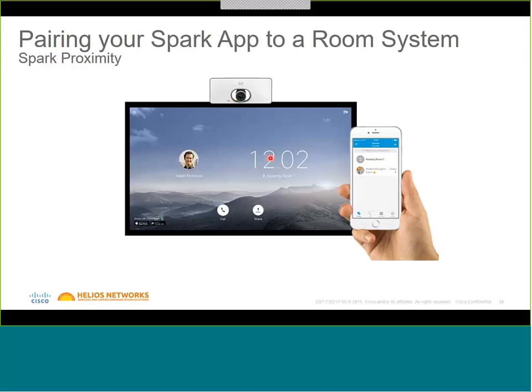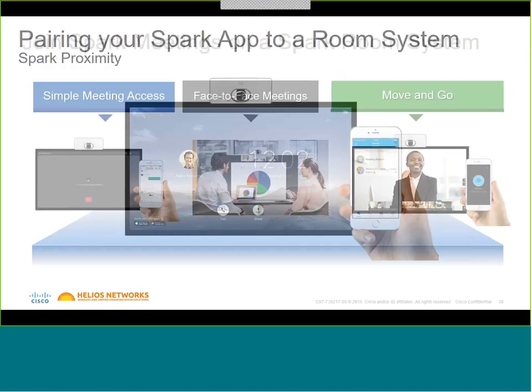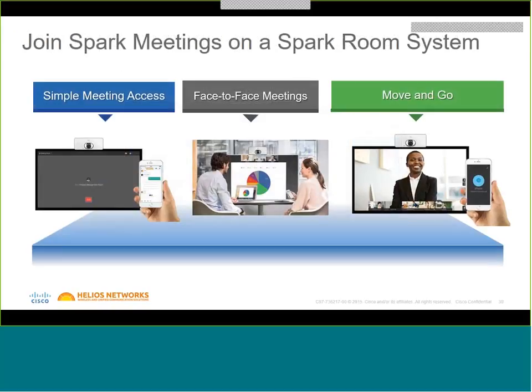And now you can share, you can make a call, you can have a full meeting just like in an actual face-to-face meeting. And it's on the same system. It's very clever, and it's all from the cloud. So this is how to join Cisco Spark rooms on a room system when they are available. This isn't available in the UK yet, but when it does, you can have this.